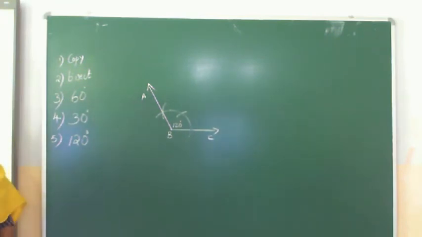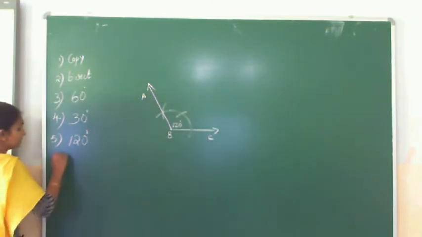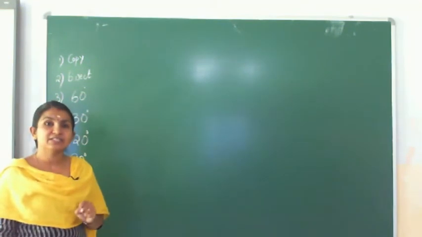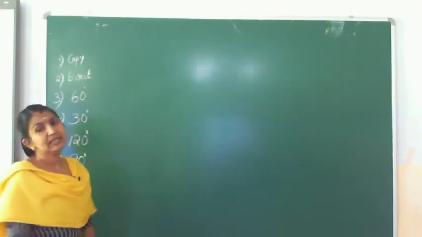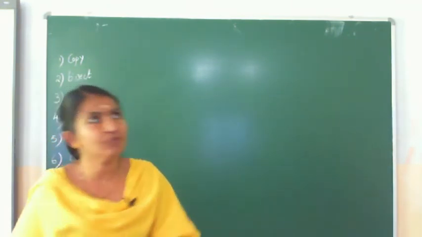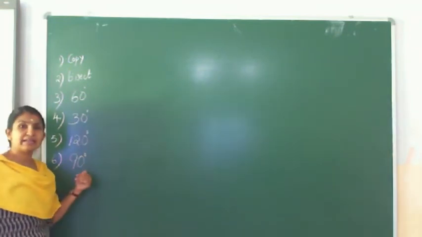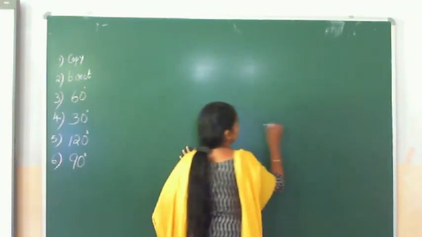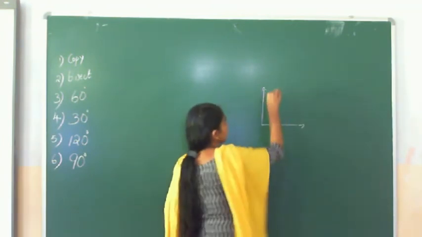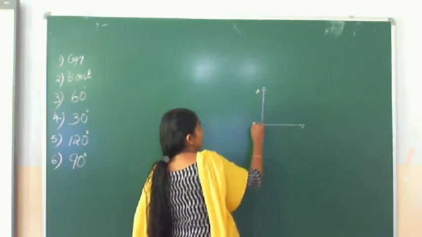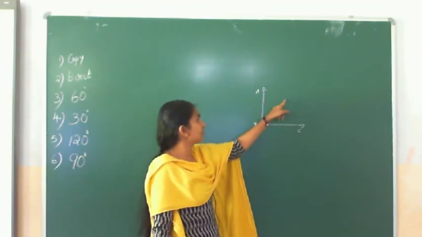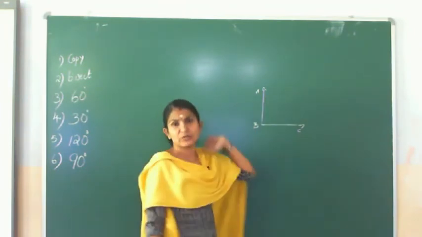Now the next one is 90 degree. How we can construct a 90 degree angle? To construct a 90 degree angle, first we need a 60 degree. So when we will get 90 degree? Just think of it, how we will get 90 degree? So just draw a rough figure. This will be the 90 degree, right? So when we are drawing the 90 degree rough figure, first name it. From here we are starting. So it is after 60, 90, after 90, 120 is coming, right?